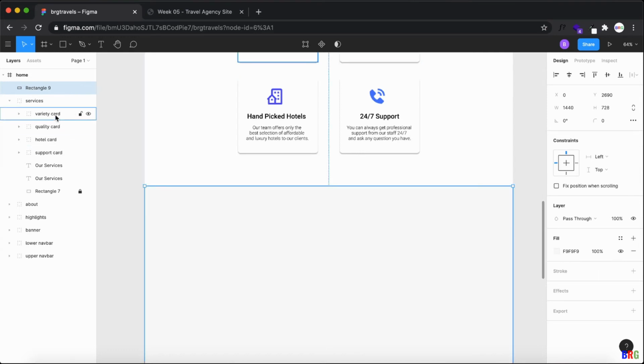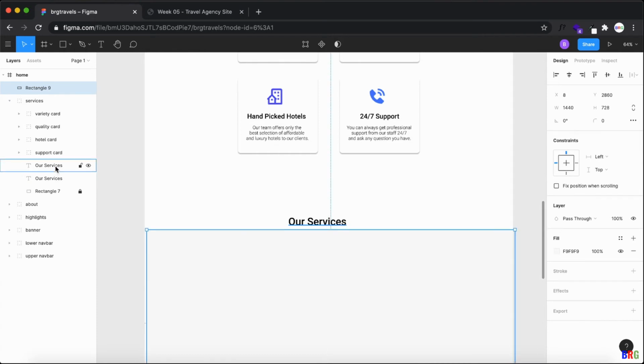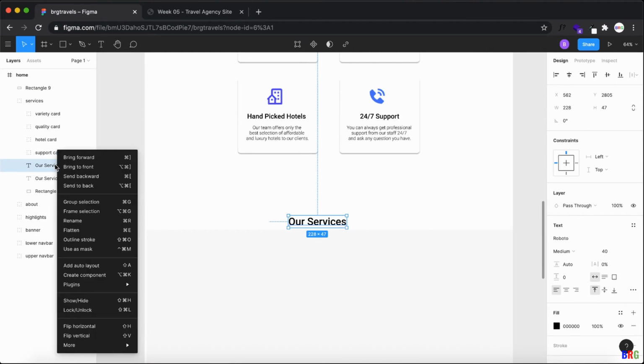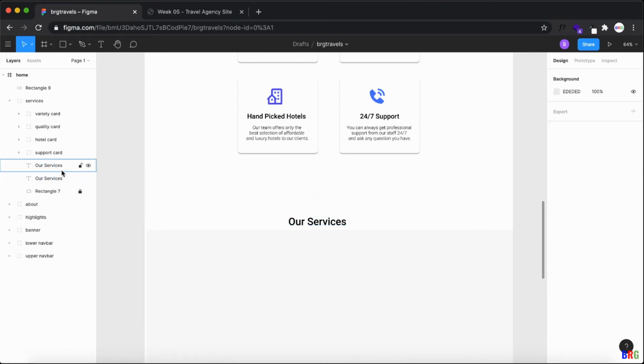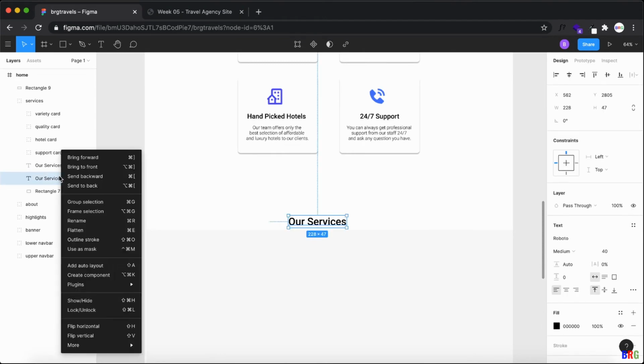What I can do is let me bring it above. Okay, this is the part, bring it forward. Okay, send back, sorry, this part, bring to forward or bring to front.